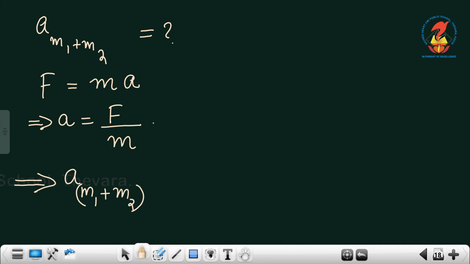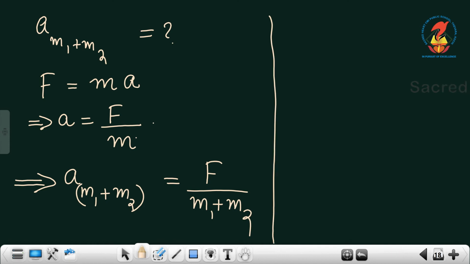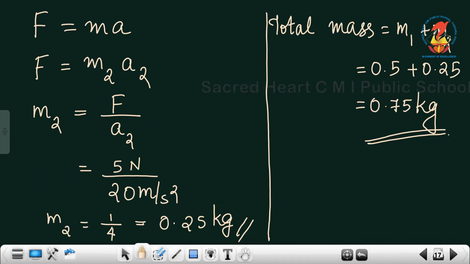So the equation is F by m, where m is the total mass, that is m1 plus m2. On substituting, F is again 5 Newton. The total mass is